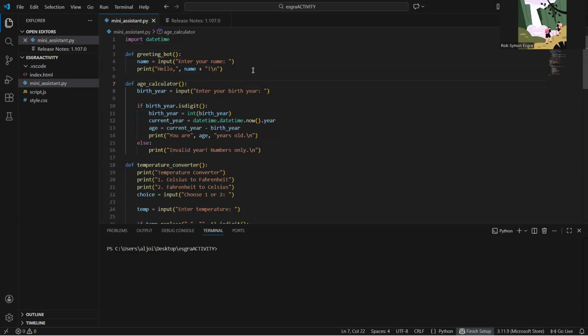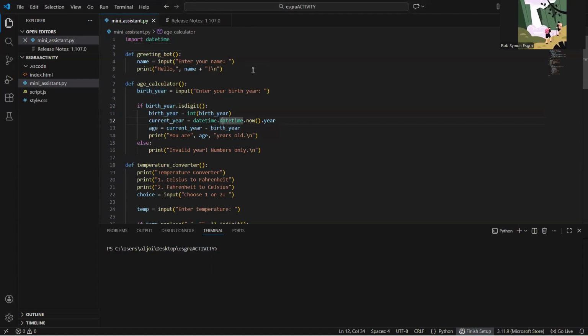The age calculator function will ask the birth year of the user. If the birth year is a digit, I make sure the input is only a number, then it converts the year to an integer, and then it will get the current year with the datetime we imported.